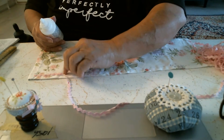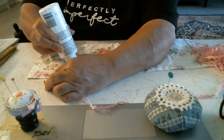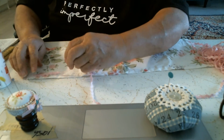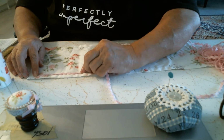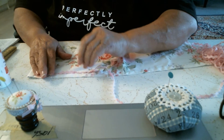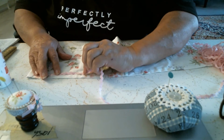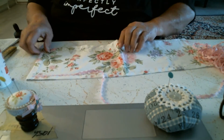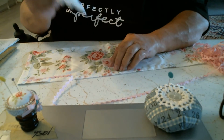Where am I working? Here. Okay. So I'm going to put some down on the hem line where my stitches are. And I'm going to put some glue there. And I'm going to hold this end down and I'm going to push that down till there. Oops. Hang on a minute. It's got to be turned over. That's it. There we go. So just like that. Okay. Now it takes a few seconds of...